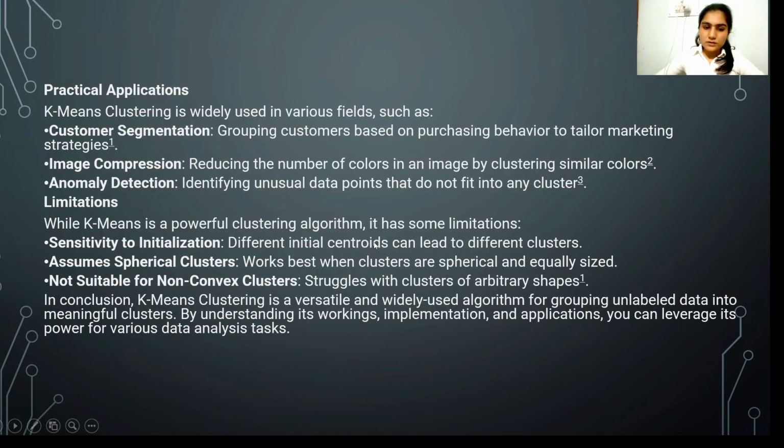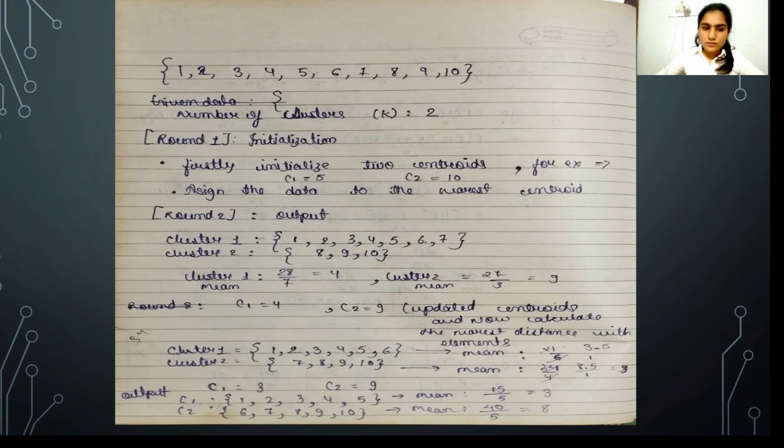Now we will find the mean of this cluster. Cluster 1 mean is 4 and cluster 2 mean is 9. Now these two means again become centroids. C1 is 4 and C2 is 9. Again we will do the same step. So here we will find the distance of data points from these two centroids and assign them according to their nearest